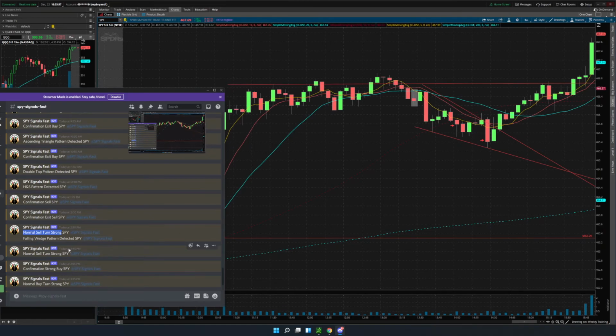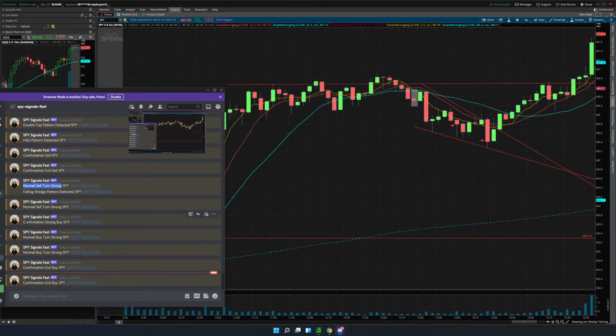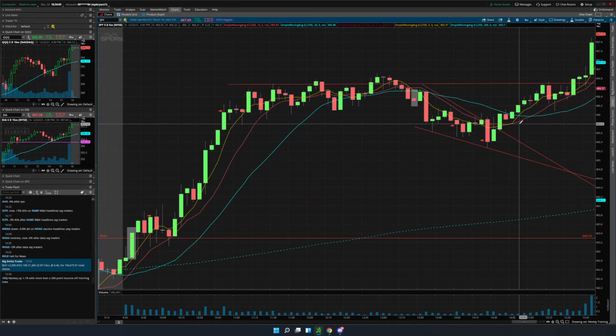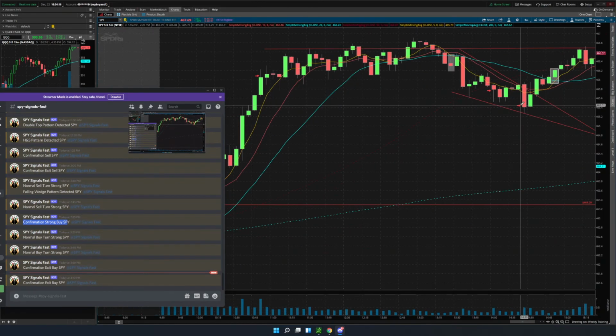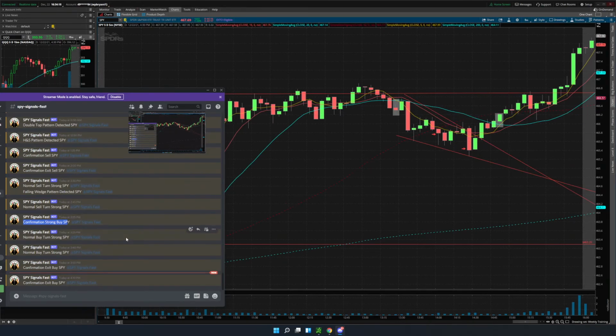And then what did we get? We got a strong buy at 2:55. So 2:55 would have been this candle right here. So obviously we see that the market moved the other direction, and at 2:55 we got a strong buy. And see how it says normal buy turns strong, but we already had a strong buy. So what this means is, in the background, even though it didn't create a signal, that strong buy got a